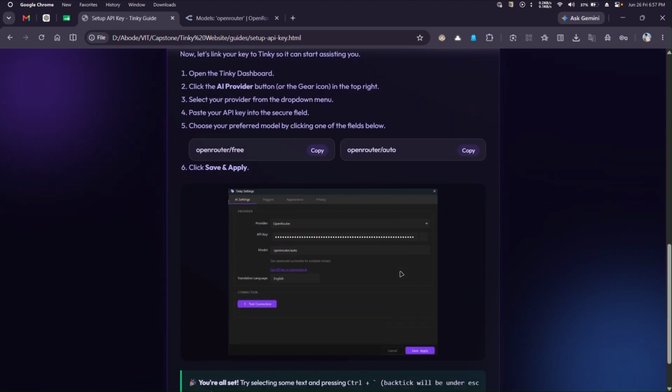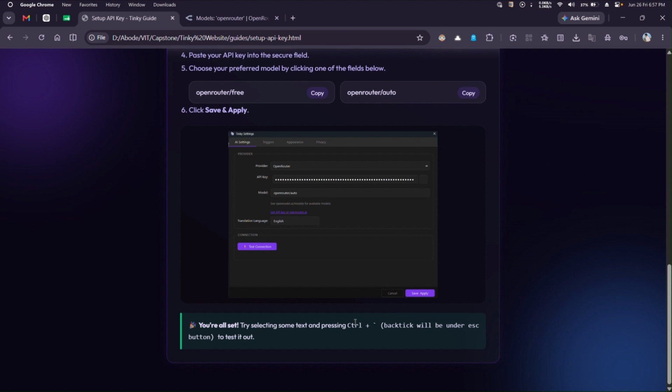And I want to tell you what is the shortcut to trigger Tinky. That is Control plus backtick. This backtick will be under the Escape button. That is called the backtick. So whenever you want to activate Tinky,